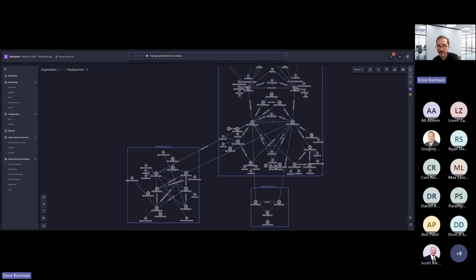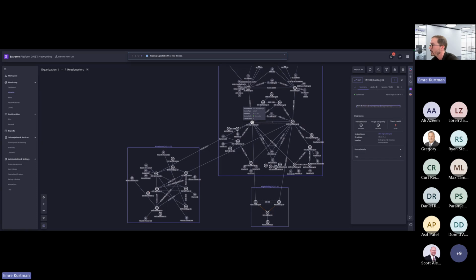So for the second question, today we do not support uploading or changing the icons for this part and also for the main topology. But we can bring this up to product management, and if you think this would basically provide value, we can always discuss this with PR. But today we don't have that capability.